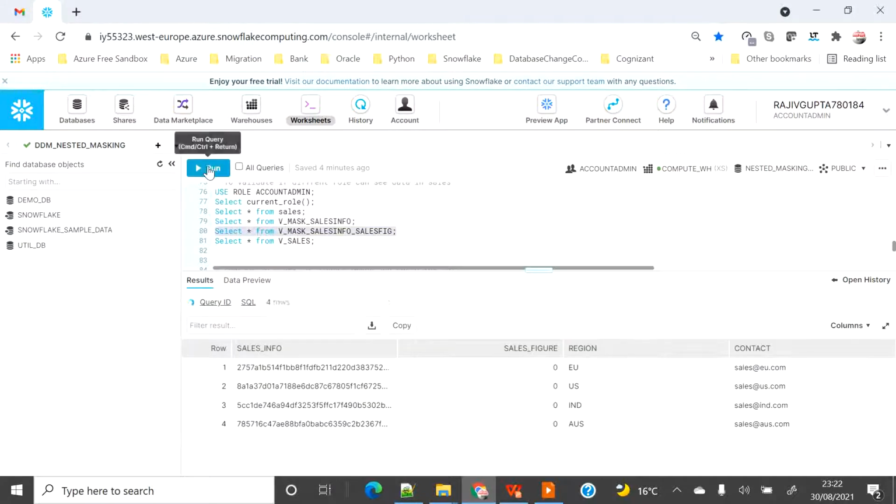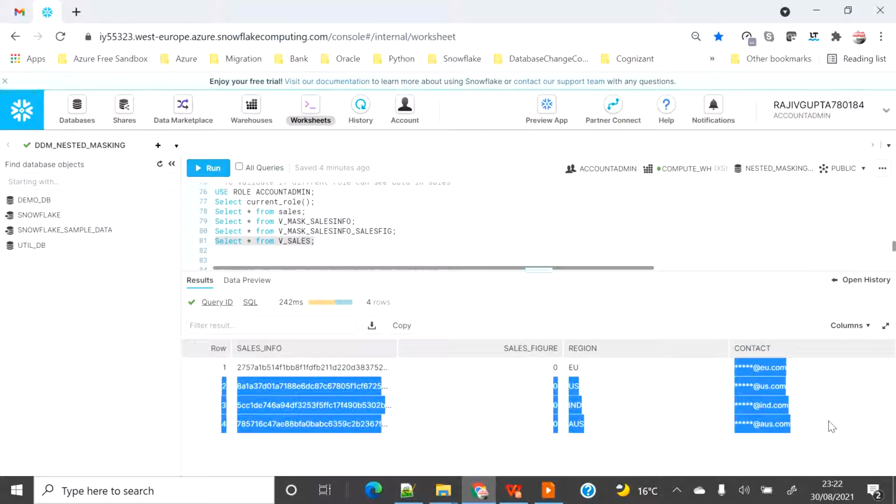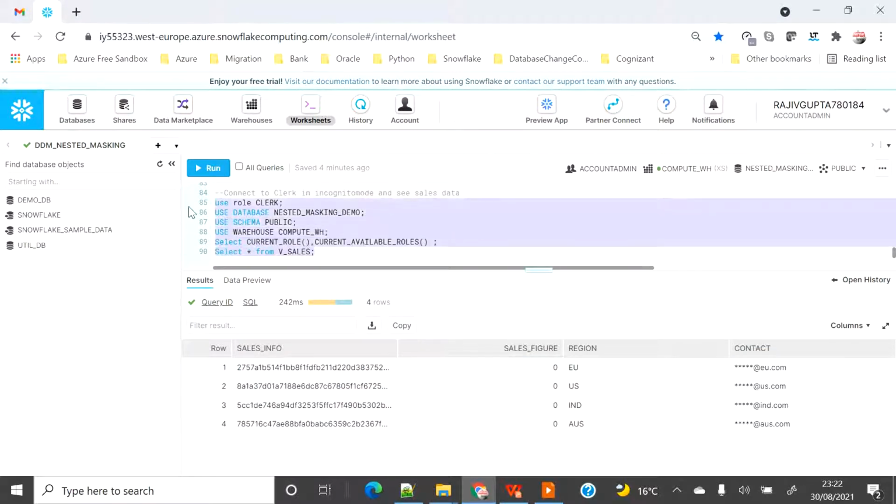If I look at V mask sales info sales fig, we'll see that sales info and sales figure are now masked, but contact info is still visible. And if I go and see V sales, I can see sales info, sales figure, and contact, all three masked.